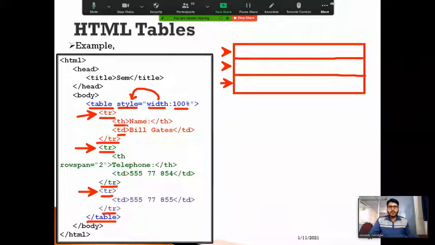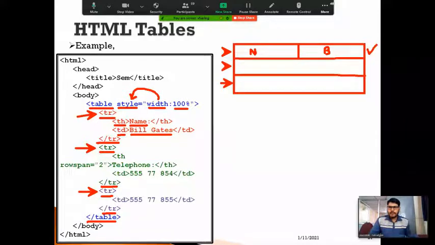So it will create Name here in the first row, as the table heading, and the table data has Bill Gates. So that content will be placed in this particular section. After this, I'm going to close this tr tag so that it closes the first row.